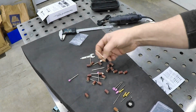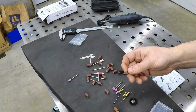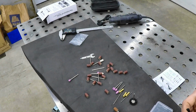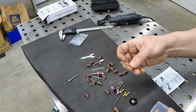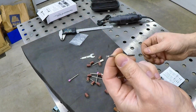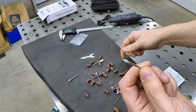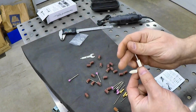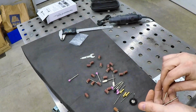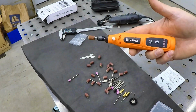We have a wheel style nylon brush, and then you have this style nylon brush, a barrel brush, I think is what we would call that. And then these grinding stones, we have one with a round profile. This is a flat where you can do an undercut. We have a cone. I believe these are for polishing. You can get down in a corner with that, and then you got the squared off edge. So if you're interested in something small, handheld,